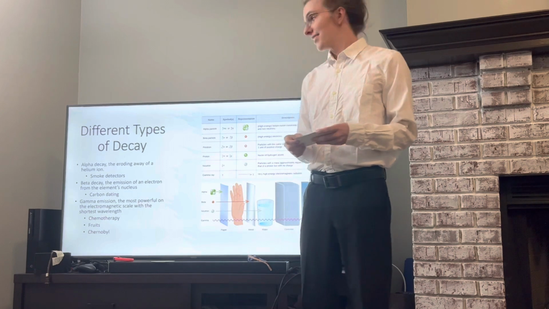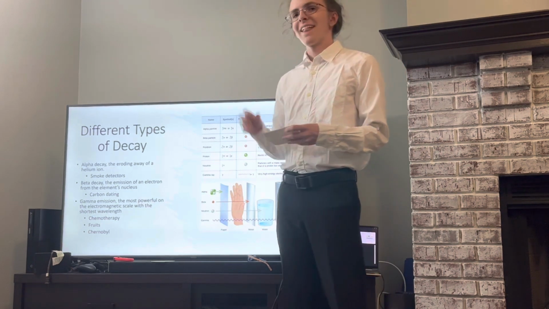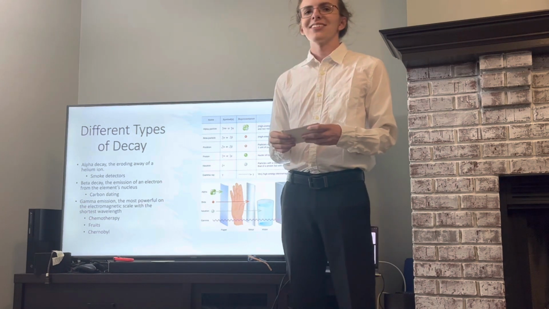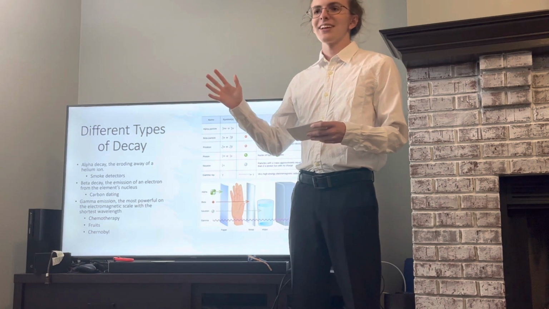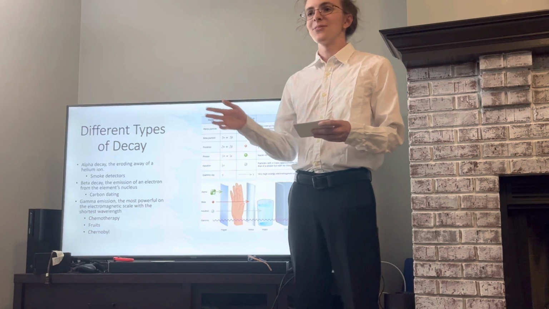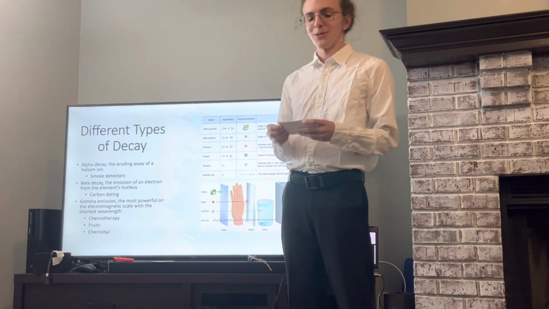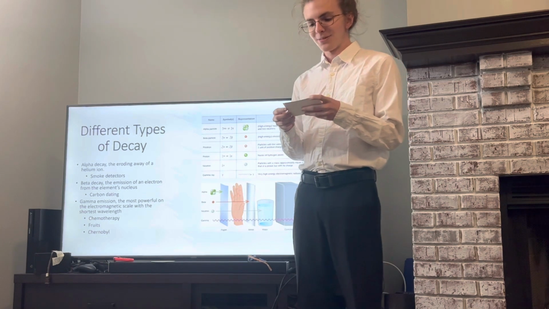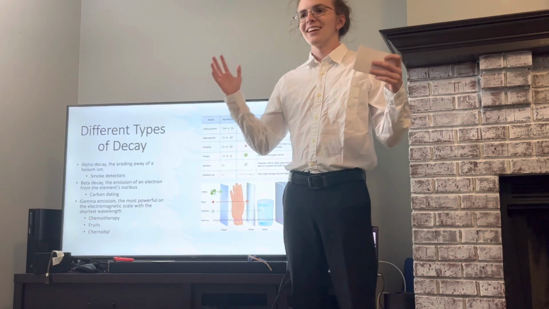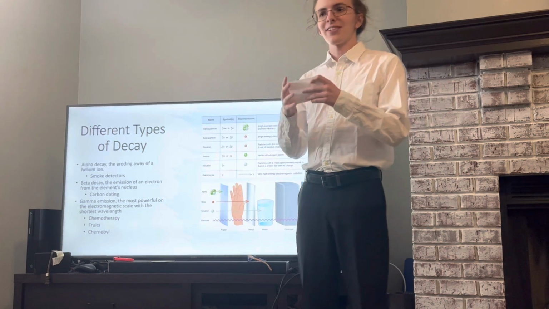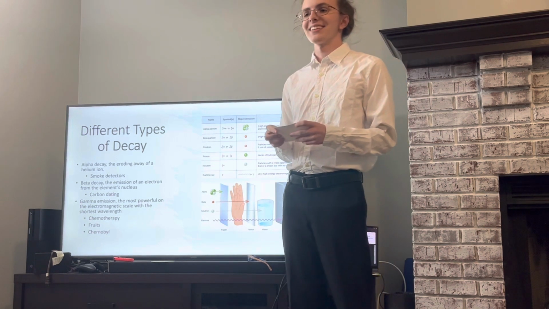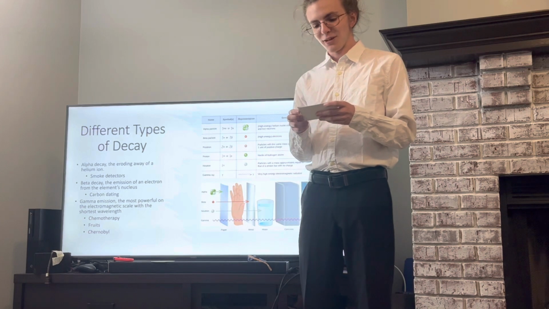Gamma emission is an electromagnetic radiation which is on the same scale as radio waves, microwaves, color, UV rays, but gamma rays are the most powerful out of all of them, having the shortest wavelength, and they occur when a positron and an electron clash into each other, and it annihilates them both and forms a gamma ray.